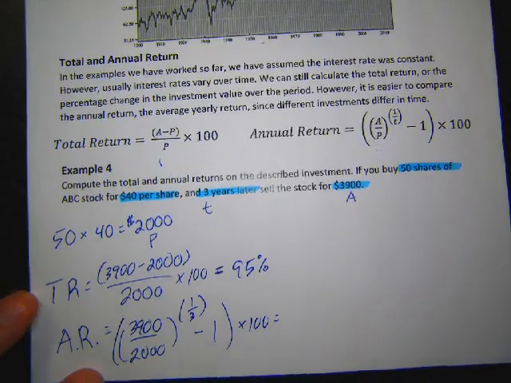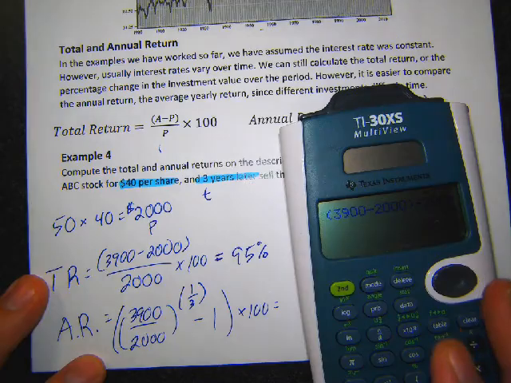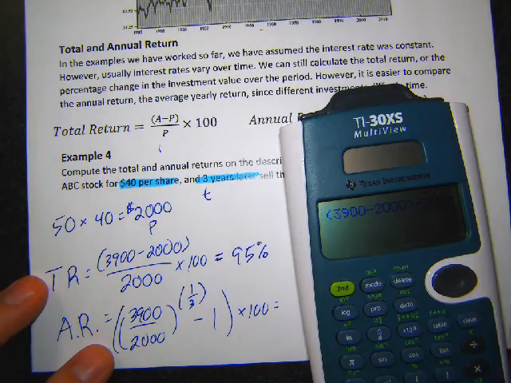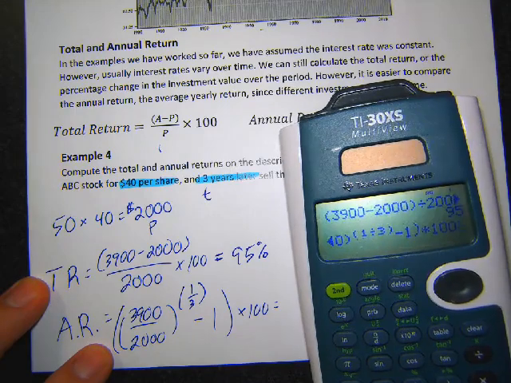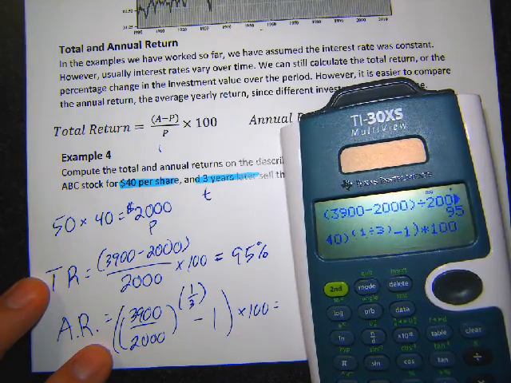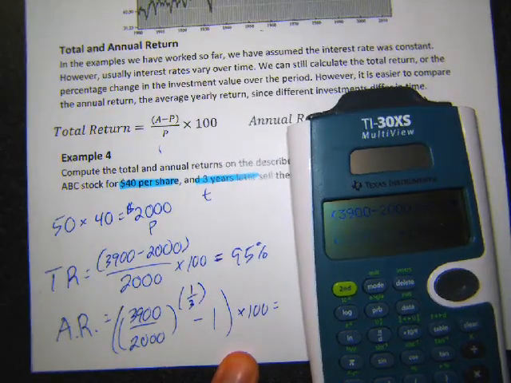If you don't multiply by 100, you don't get the percent, you get the decimal form. So that's why I put the times 100 in both on the formula sheet just to make it clear, we want the percentage for these. So 3,900 divided by 2,000, close that, do power, parentheses, 1 divided by 3, close that, get out of the power so I can do my minus 1, close that parentheses, and times 100. There you go, so we got my 1/3, I got out of the power to do the minus 1, times 100, and this should give us our percent, which ends up being